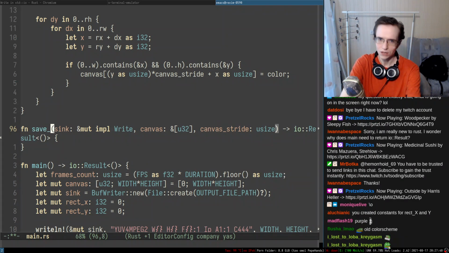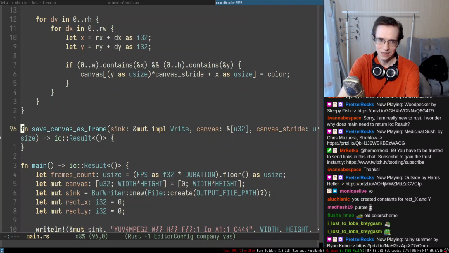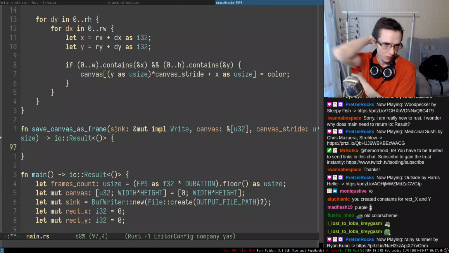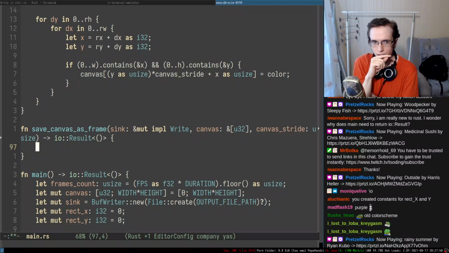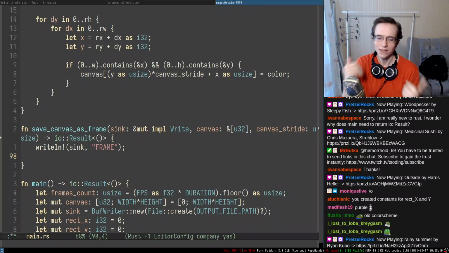I think I want to call it save canvas as frame, and I think that in fact makes sense. Save canvas as frame. So to save a thing as a frame, we need to write first an indication that we're rendering the frame. There we go. We're rendering the frame, and next we need to save YCRCB